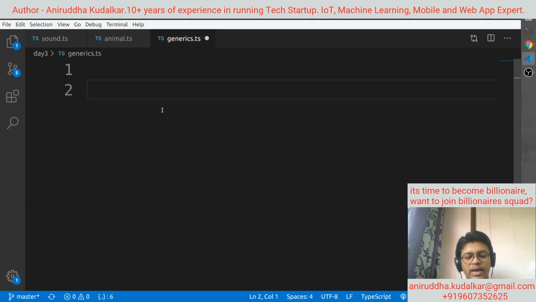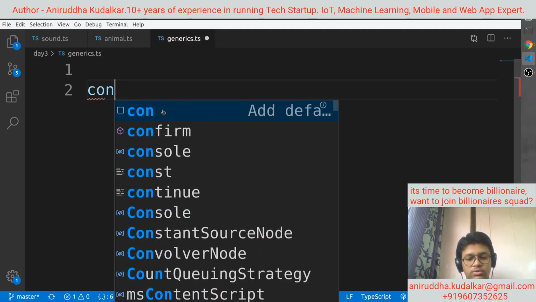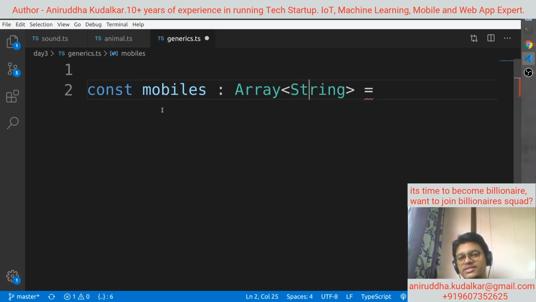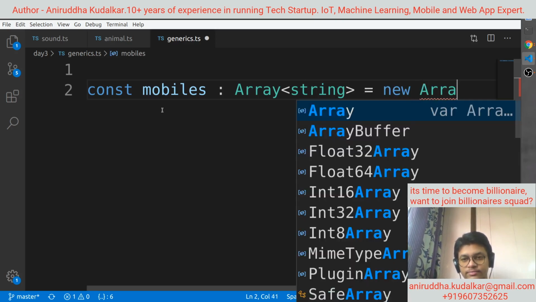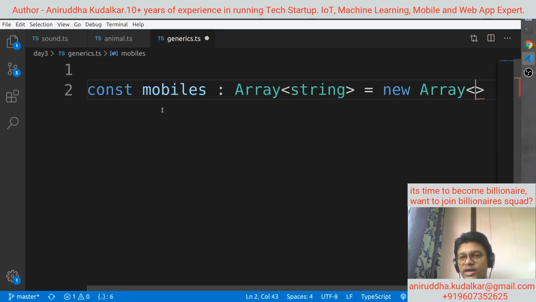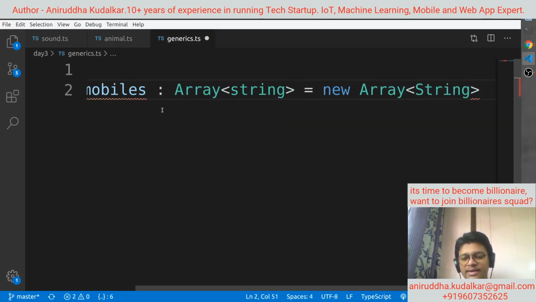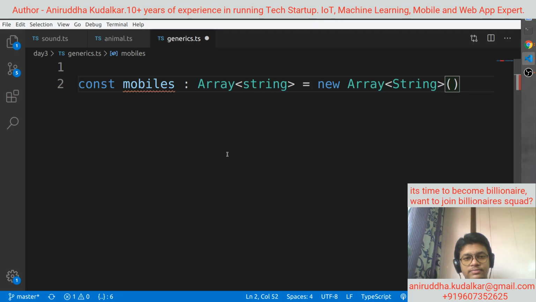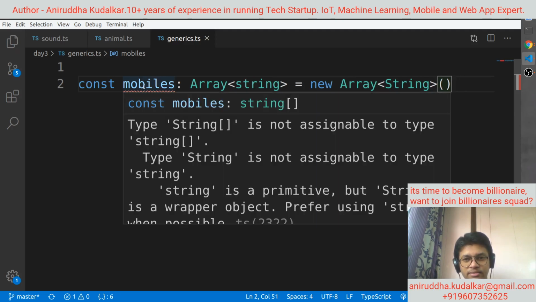Let's have one array, const mobiles, which is an array of string, equals new Array. This is called a generic. So this string can be Animal, this can be integer, this can be absolutely anything.